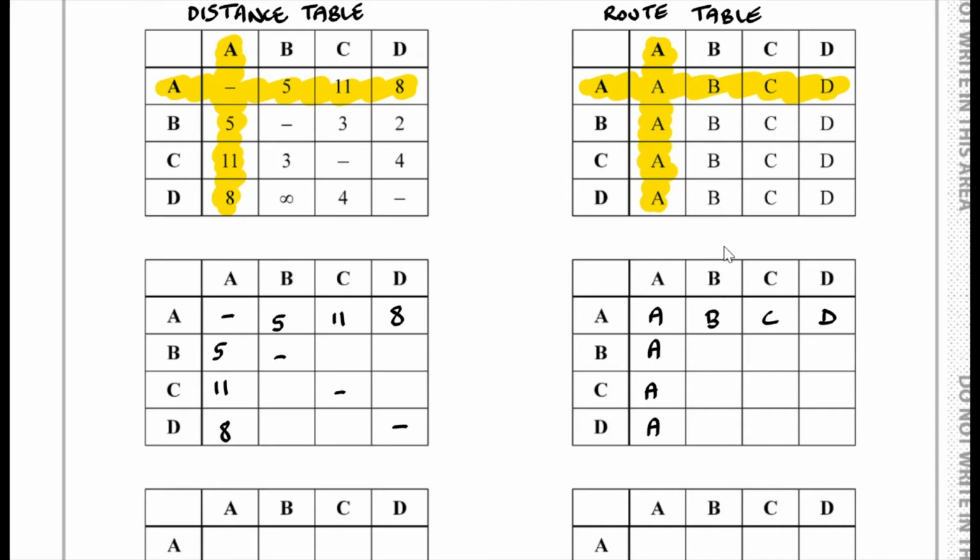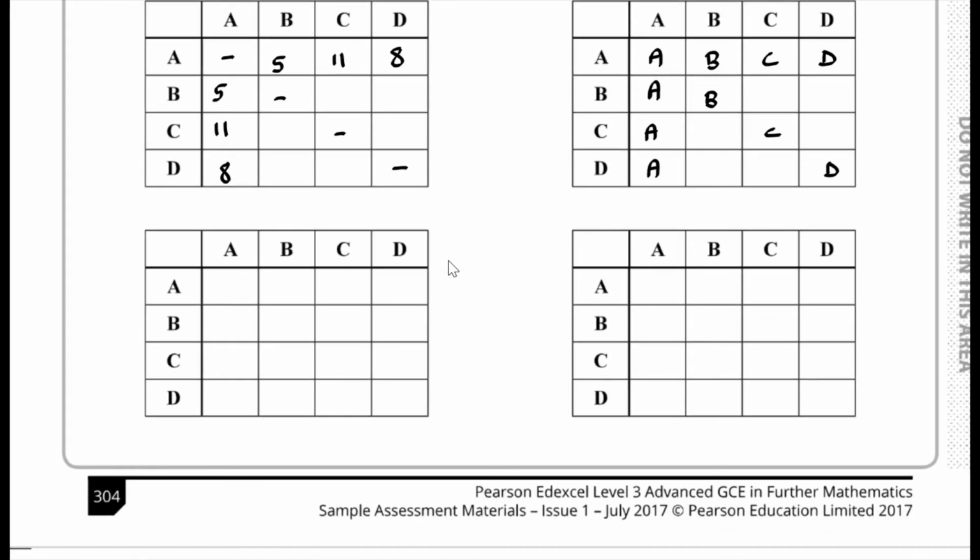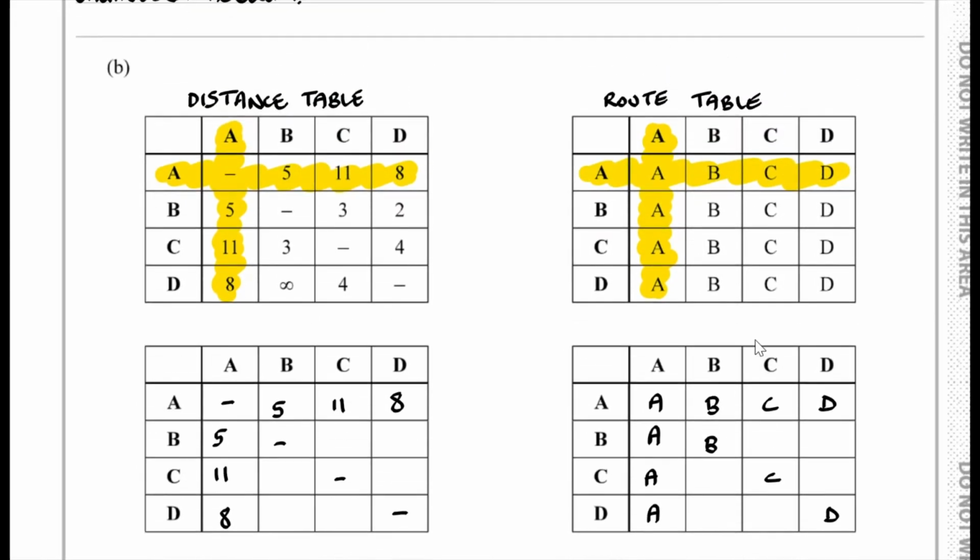So here we have A, B, C, D, and where we have dashes, that will not change. These dashes will always remain here, and the letters A, B, C and D will always go along the diagonal. So let's just fill these out. We've got the dashes over here, and then we have A, B, C, D, A, B, C, D for the diagonals. Okay? Now if we consider